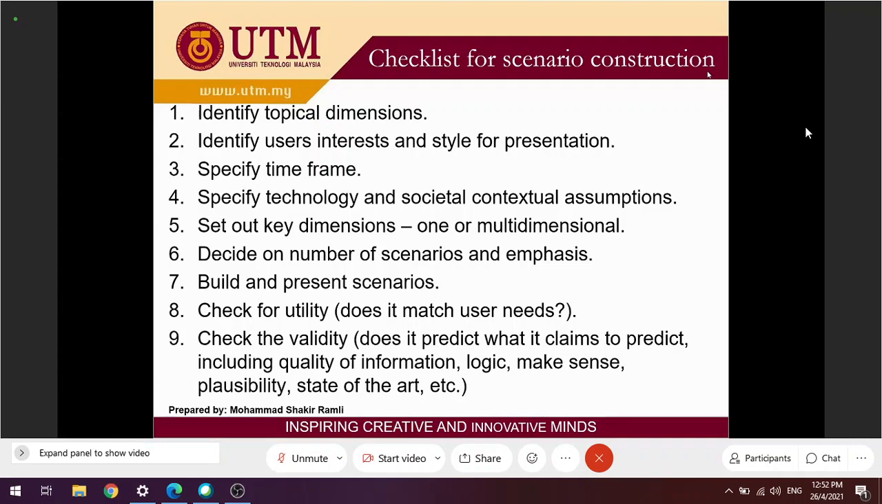I think we stop now, inshallah. This coming Wednesday, I'm going to talk about the construction of the scenario, the steps, or what you have to consider for building or constructing a scenario for your assignment or your group project. Inshallah, I will notify you